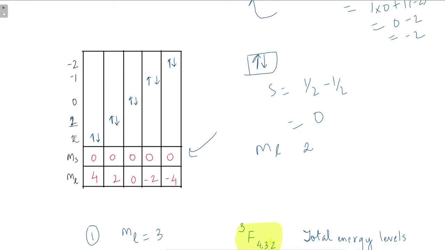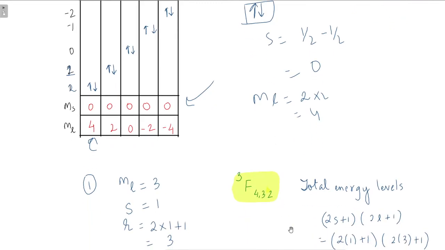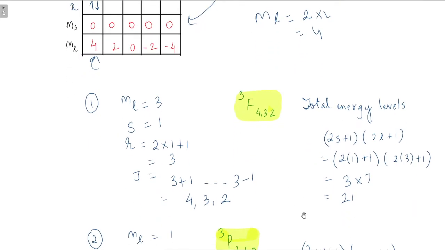I'm sorry. Okay, so we have the value of ml as, let us calculate for the first column. We have two electrons corresponding to 2, so 2 into 2 is equal to 4. So we consider the positive values when we find the term symbol. If you don't know how to find the term symbol, please go back and see the video on term symbol, as well as Hund's rule and the p2 diagram. Then you will be able to understand this video, okay.